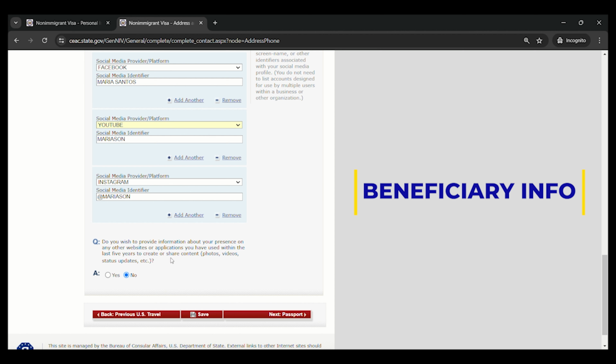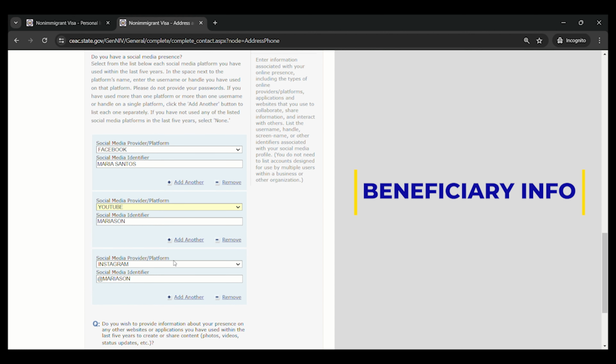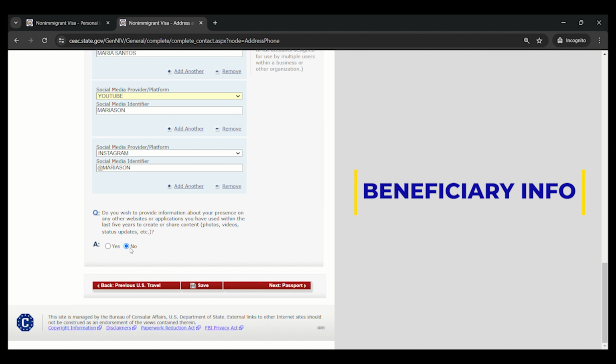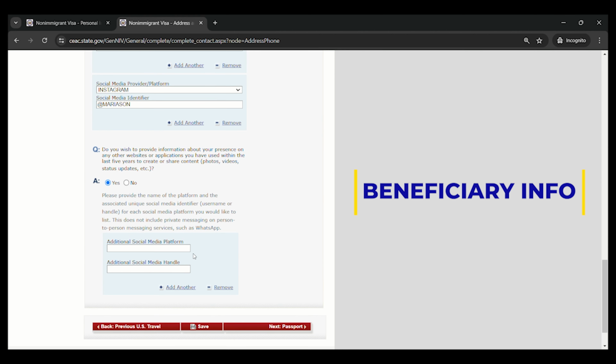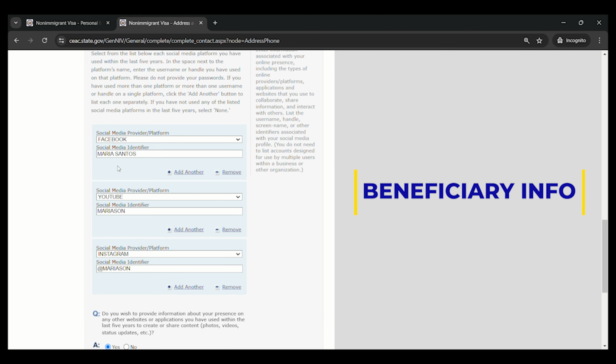Next is, do you wish to provide information about your presence on any other websites or applications you have used within the last 5 years to create or share content, for example, photos, videos, status updates? If it's already mentioned above, you can select no. If you select yes, you have to provide an additional platform wherein you have an existing account, or another social media aside from the ones mentioned above.